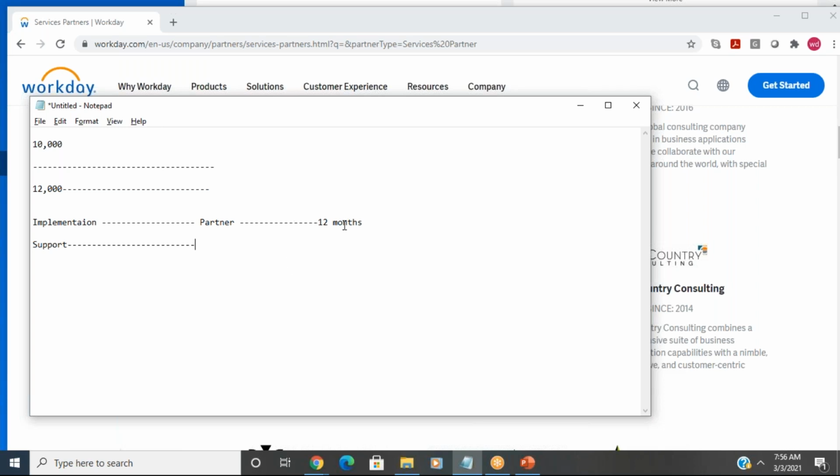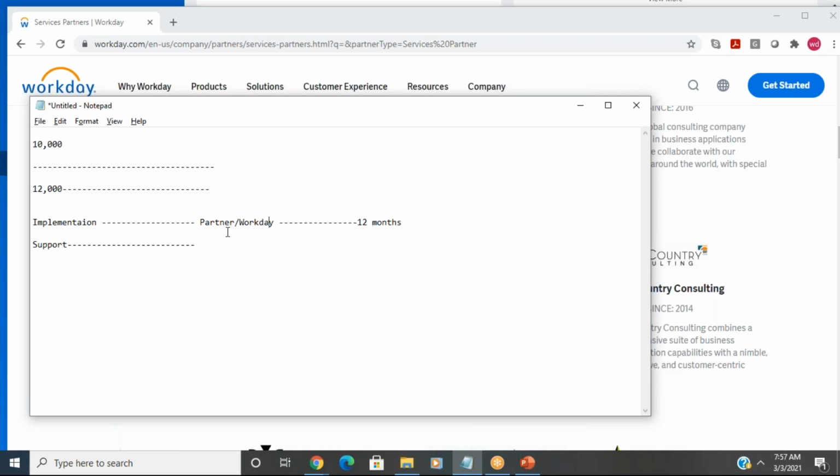Once the implementation is complete, for support Maruti Suzuki can give it to any companies like TCS, Infosys, Wipro, or any other companies, or otherwise Maruti Suzuki can have their own Workday team. Okay. For implementation, they can go with a partner, or Workday will also do it, but Workday's charge is very high. Only very sensitive companies, like I told you, US Federal Bank, have Workday implement it directly.